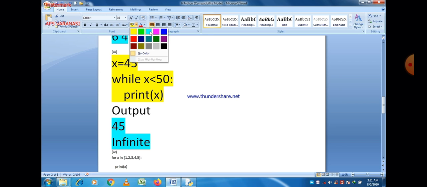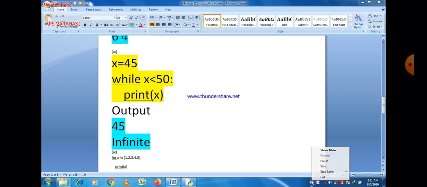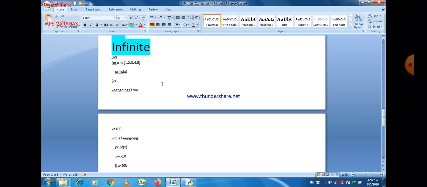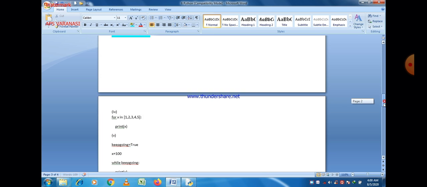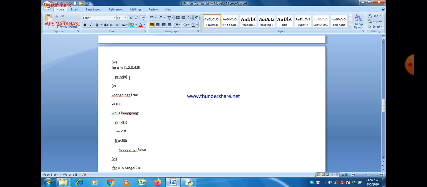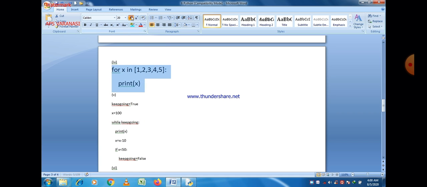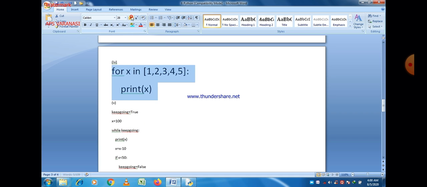And always remember that by default in a print statement, whenever there is a print statement, the statement will be printed in a next line by default. And now there is another program here, program number 4. Very simple. I think all of you are capable of doing this, no need to explain, but let us check the concept again, how much of you are aware of this concept of list.